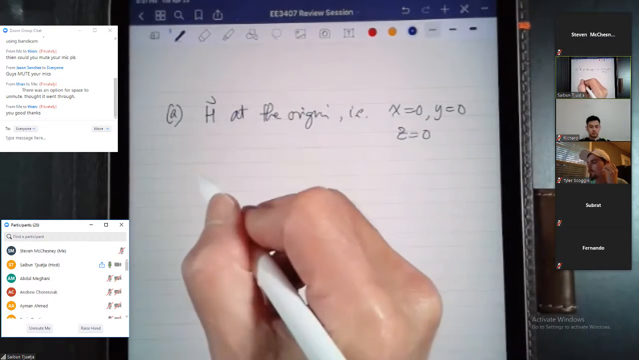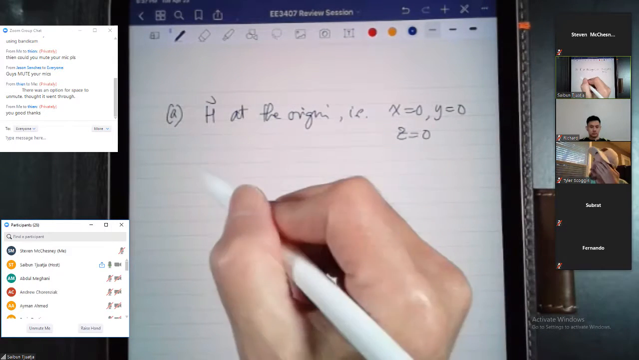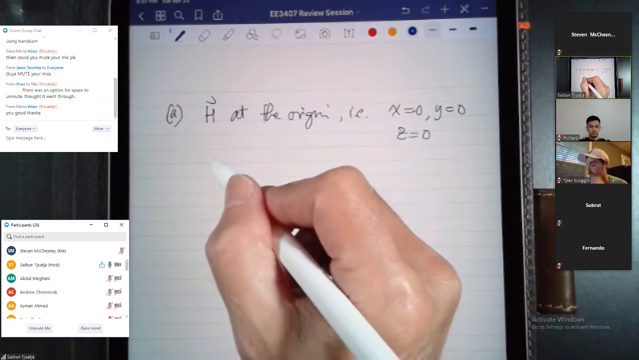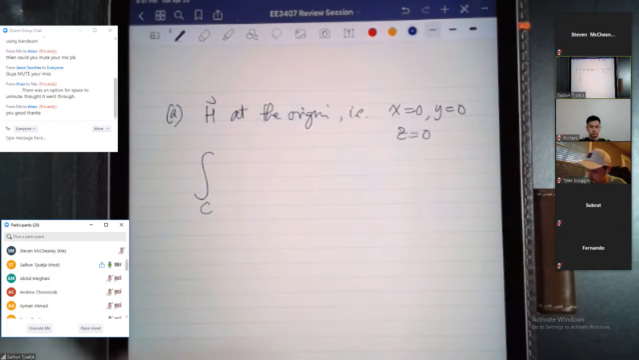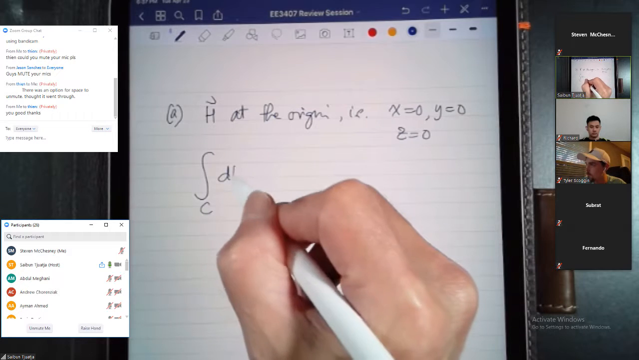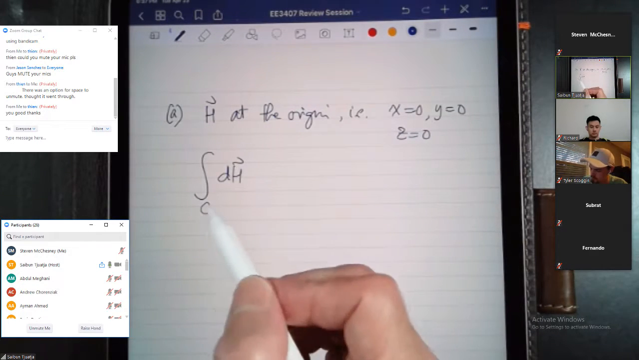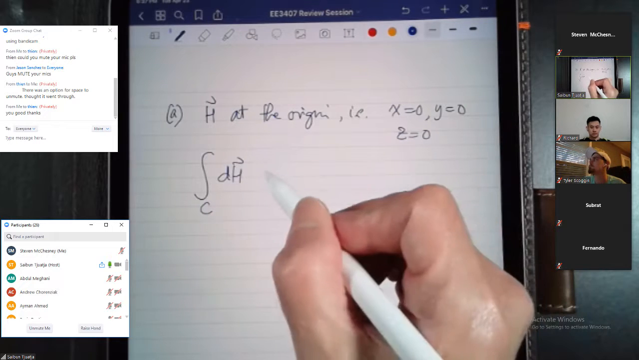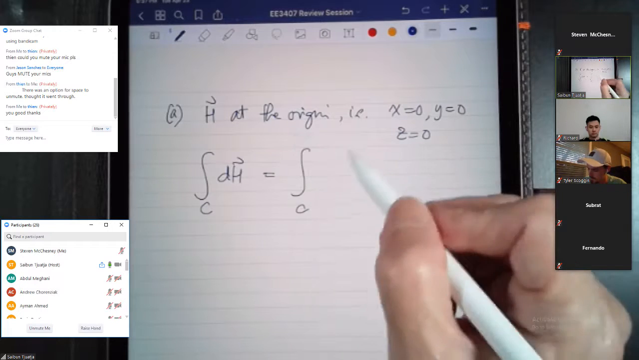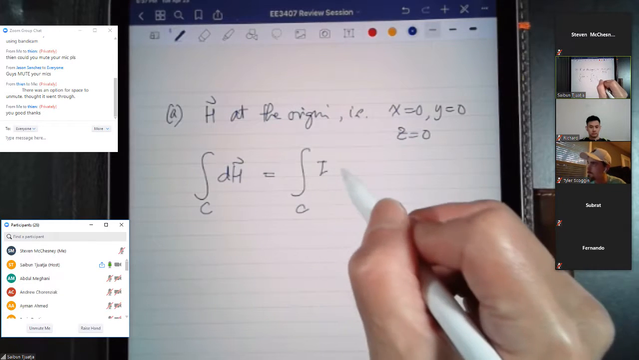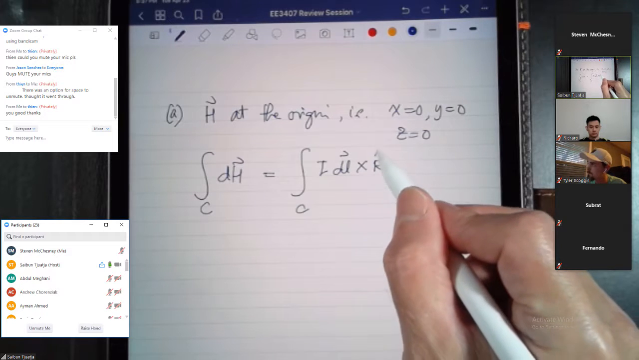my H, so I want to find the total contribution. So what I have to do is simply sum up all the dH, right? So basically I sum up for the entire pathway the contribution to dH, right? I just sum them up, the contribution from all the different elements in the pathway, which is equal to integration over that path. dH is nothing but I dl cross with the r hat,